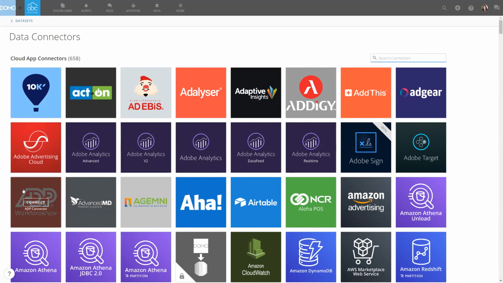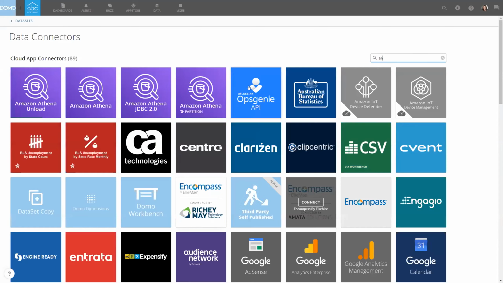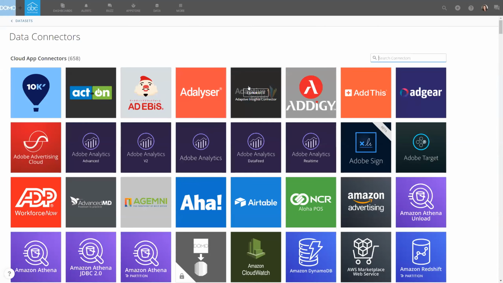You can see here we have ADP for your HR data, Adaptive Insights for some budgeting and forecasting, and for any of your marketing and social media related data, we have pre-built connectors. Specific to the mortgage space, we've built out an Encompass connector, connecting directly to Encompass using their API. We're always continually working to build out more connectors for additional loan origination platforms, CRM solutions, and general ledger systems specific to the mortgage industry. But like Spencer said, we can find a data strategy to connect to any piece of data. We've never seen a piece of data that we can't connect to, so we can really help you figure out what that strategy looks like.